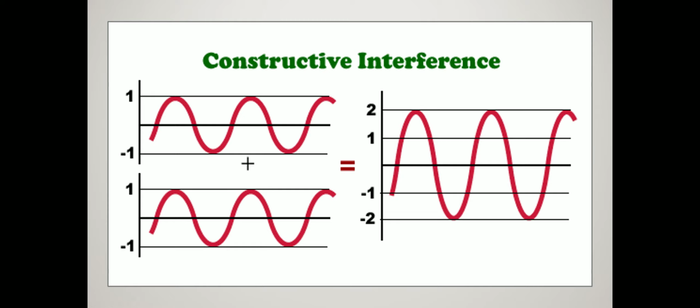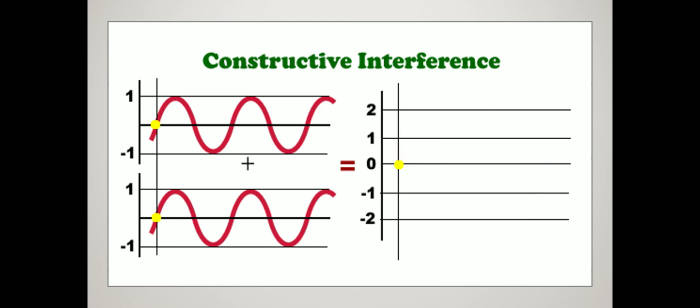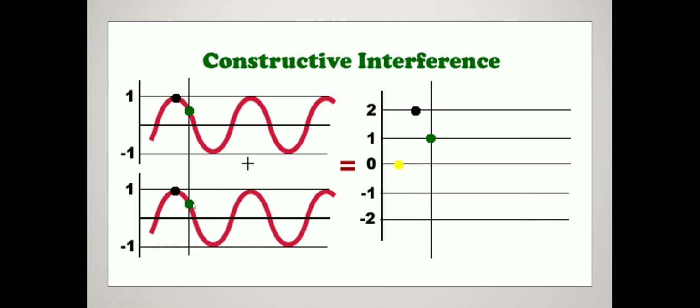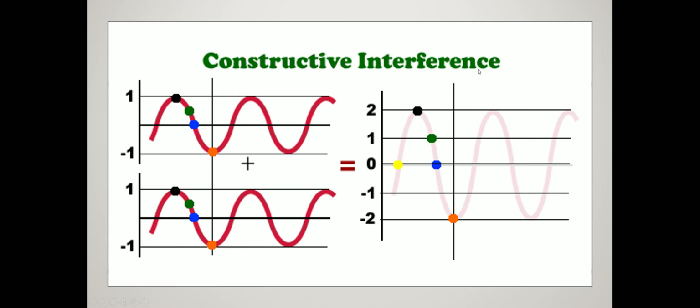I think this is a GIF. Yeah, it is. It is a GIF. So you see, let's take a look at the yellow dot, the black dot right here. We take these 2 points. They're gonna combine. If you combine these two waves, what's gonna happen is you're gonna get something we call constructive